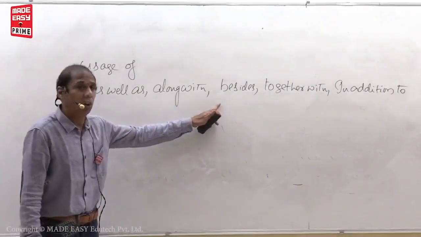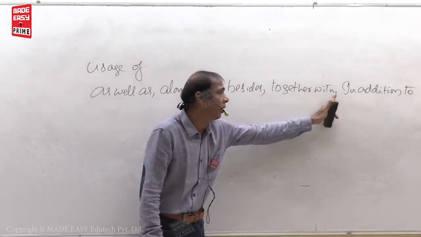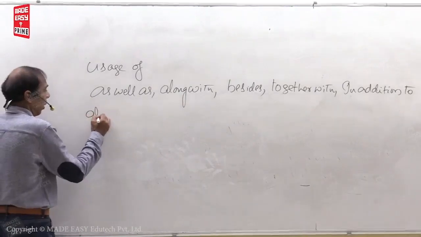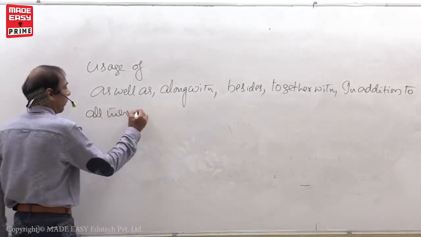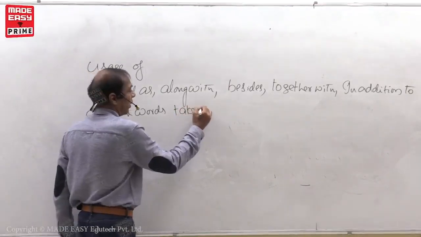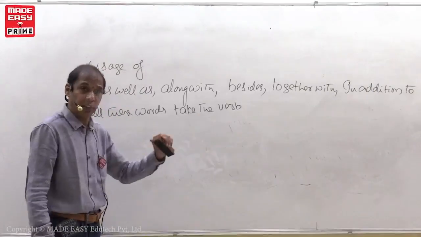As well as, along with, besides, together with, in addition to, right? See, all these words take the verb. All these words take the verb